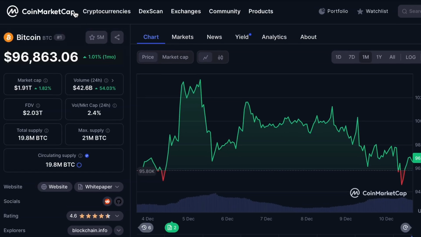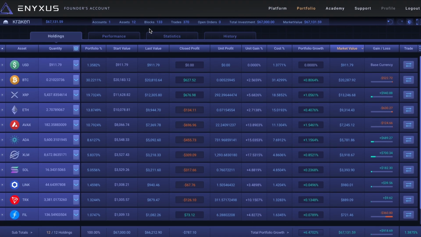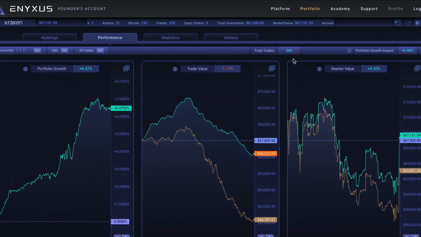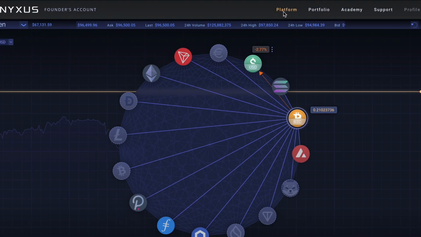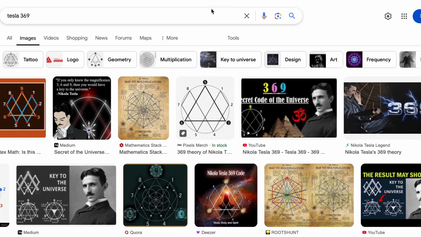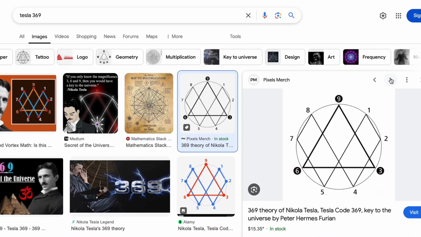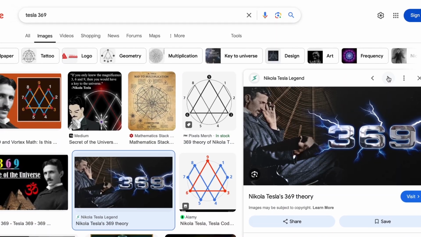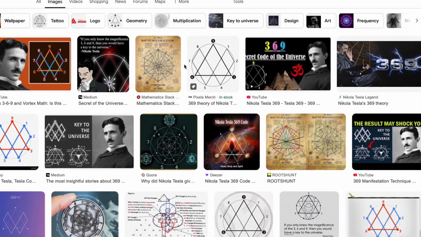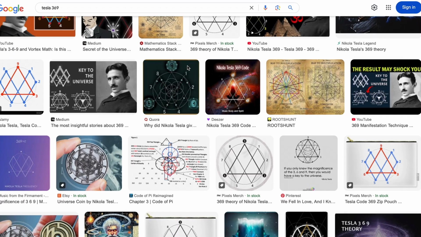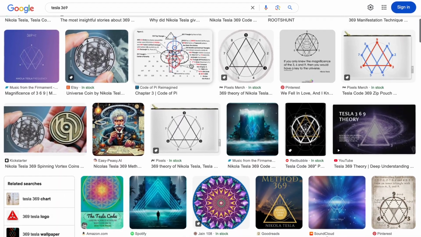And after 28 days of trading, the universe aligned just right to have our very first trade on the first day of the year be our 369th trade. This is symbolic to us because if you search the Tesla 369 theory, you will learn that 369 reveals the universal key to unlocking infinite potential, and you will see us using 369 as a metaphor to symbolize clarity, alignment, transparency, and transformation in everything we do.